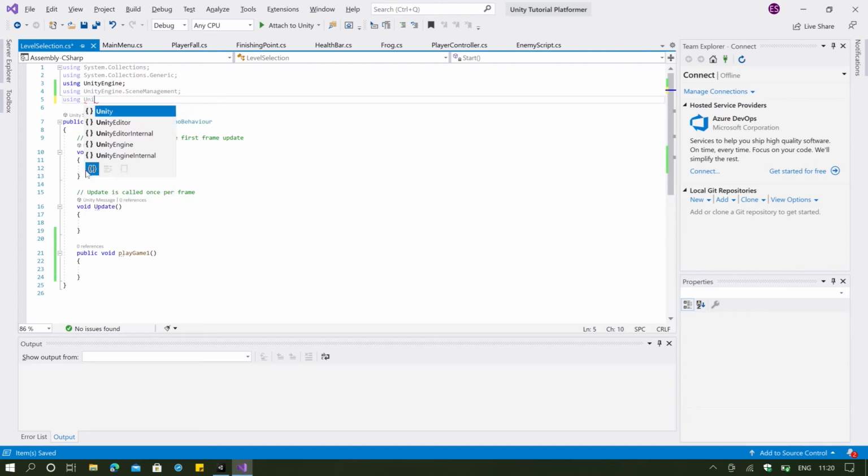So we're going to type in using UnityEngine.UI. And for those of you who successfully typed in this using code right here and also added this method, good job,